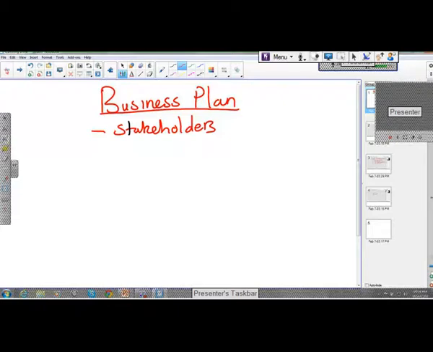Rosebank College has stakeholders in the form of you as students. You have an interest in what is happening because you are learning, you have paid something, you want results. That is, you are an example of a stakeholder. Rosebank College also has employees, and those are stakeholders in the name of employees. It also has the government as a stakeholder because the government wants to know what Rosebank College is doing.